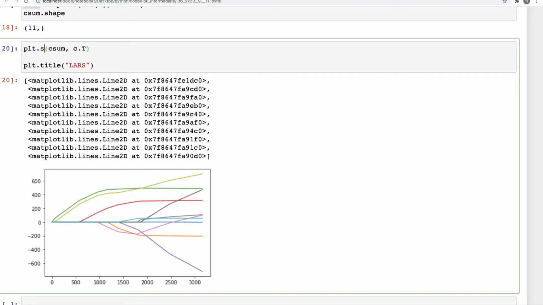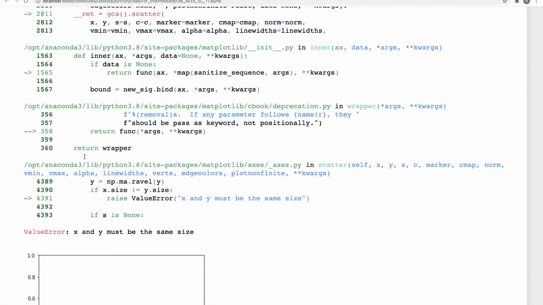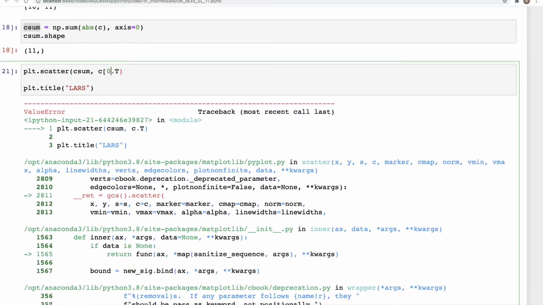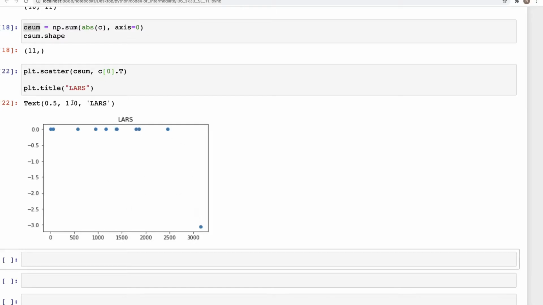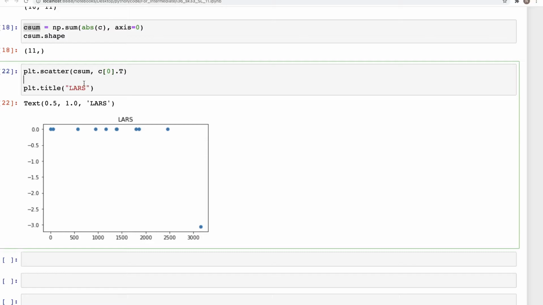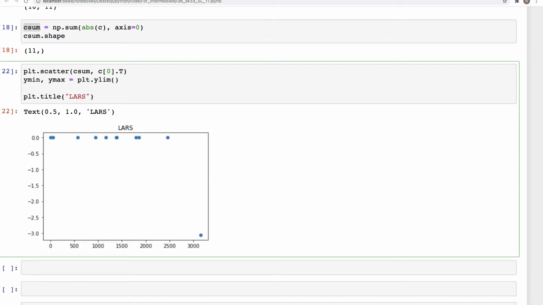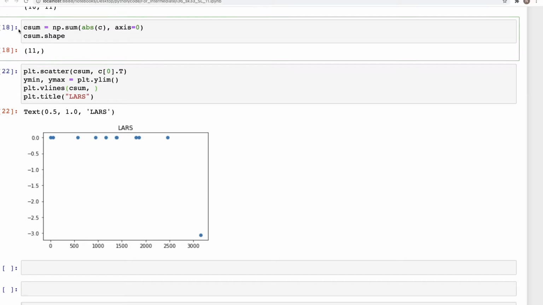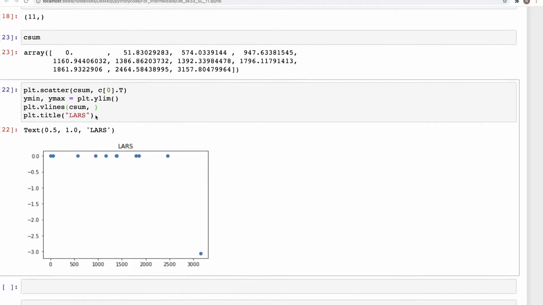So just to show, if you do a scatter, okay, the scatter won't work in this case because we need only one value right there. So this is how the scatter looks. These are the points and the line. When you use plot here, we are connecting them by a straight line. And here if we type y min, y max is equal to plt dot ylim, the limit of the y axis, we can plot vertical lines using the values in this particular array c sum. So these values, and here we specify y min, y max, and we can specify the line style as dotted,